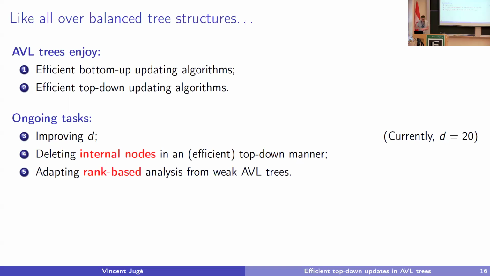Okay. And so what we would like to prove, and certainly it must be true because it's the same structure of a proof, but there is no proof yet, is that the probability that you would do changes around a node with rank R should be exponentially decreasing with R. In amortized fashion again, this is what we would like to have.